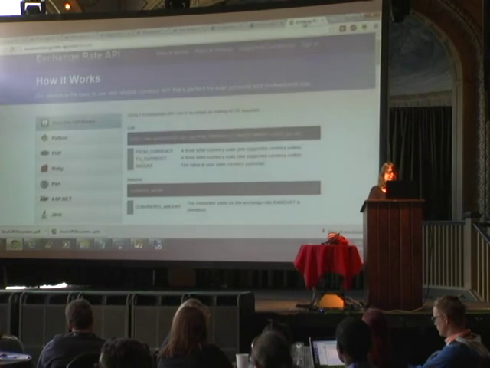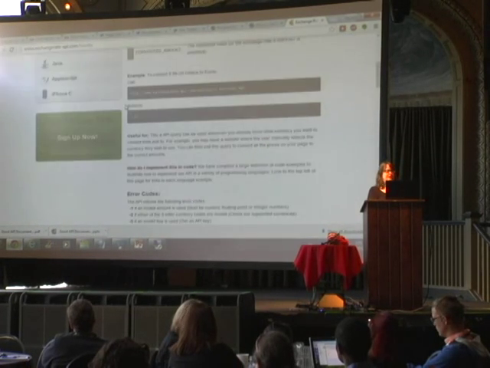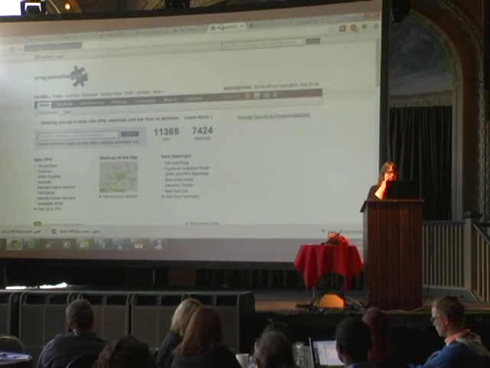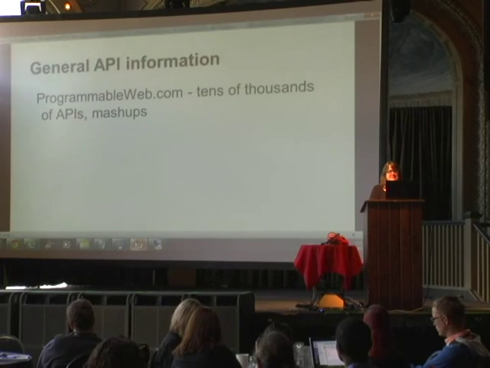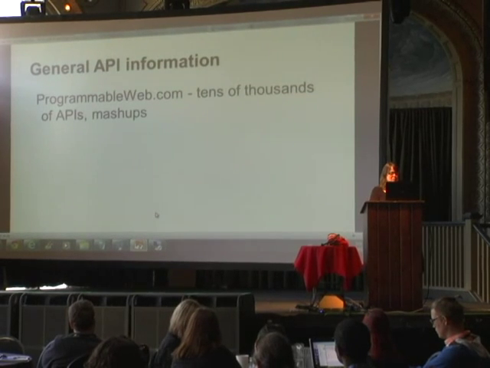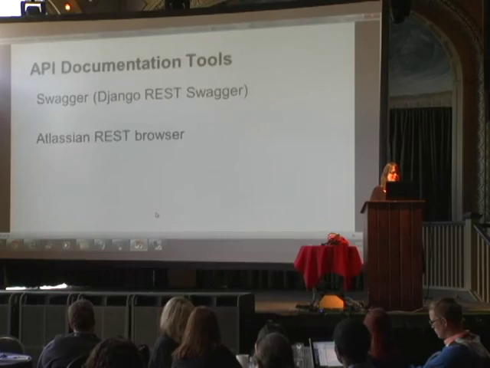Just as a simple example, if you wanted to use this exchange rate API in your program, they make it available. And it's also a really good place, I found, to find API documentation that is not so good. You can see what doesn't work. And I'm a little bit afraid to mention it in case somebody is from that company, but one example of subpar API documentation that I found was MapQuest. Anyway, for both good and for bad, you can look at ProgrammableWeb.com, follow the links, and see what they have.